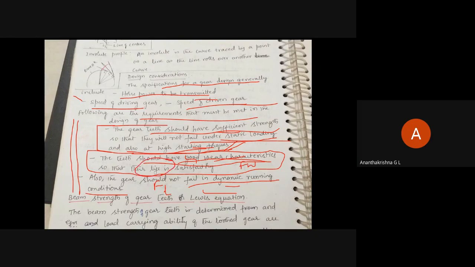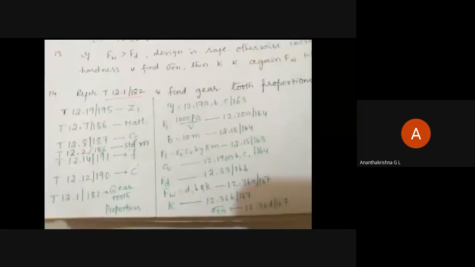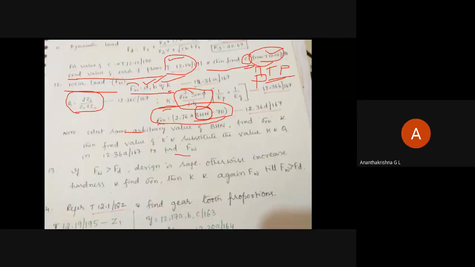So therefore we are considering endurance strength also, because most of the components eventually fail because of endurance strength. So therefore we take the endurance strength parameter here while taking the K value. Endurance strength is given by 2.76 into BHN minus 70. Now we need to start our iteration somewhere at 200 or 250 BHN, find out endurance strength, substitute in the factor K there, and phi is the pressure angle.